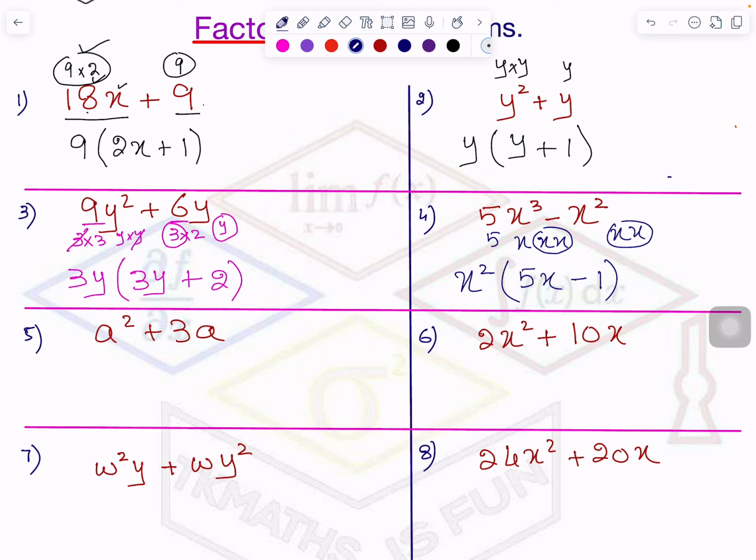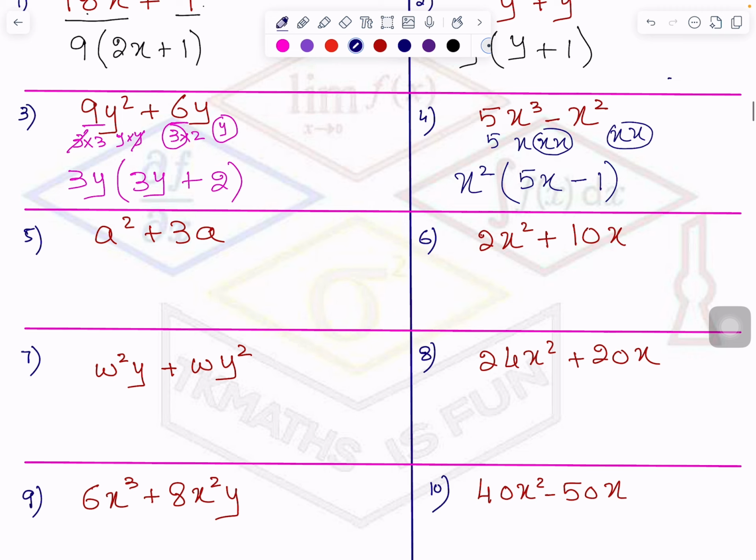Let's see here. Number 5. If you want to try out yourself, you can put the video on pause and try out, and then see my solution. Okay. So in a square, there are 2 a's and there is 1 a. So only 1 a is common. So what is left from here? 1 a is left plus 3. Right? In this case, again,